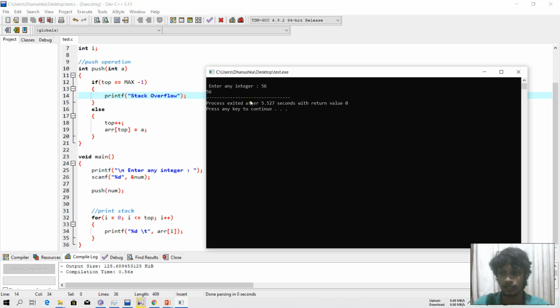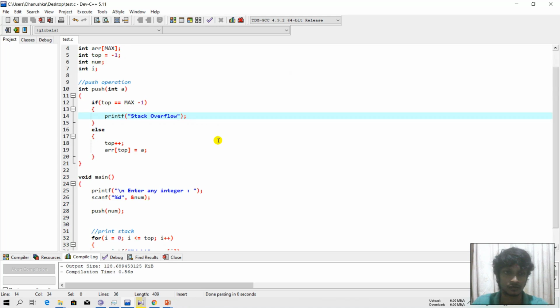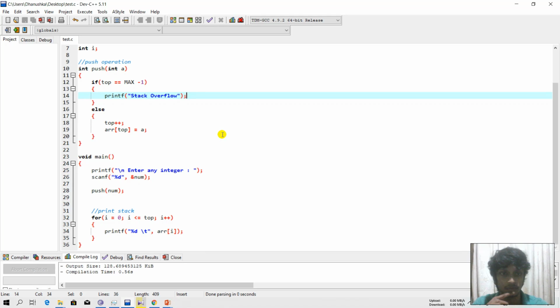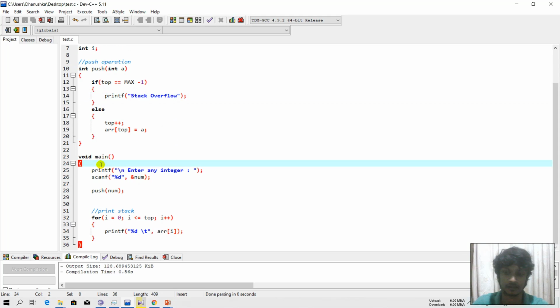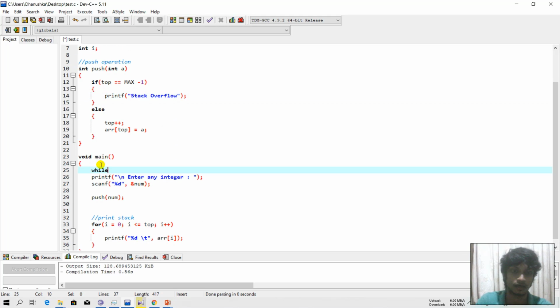Therefore we can keep continuing the input procedure. So how do we implement that? Okay, first I'll put in my while loop like this.